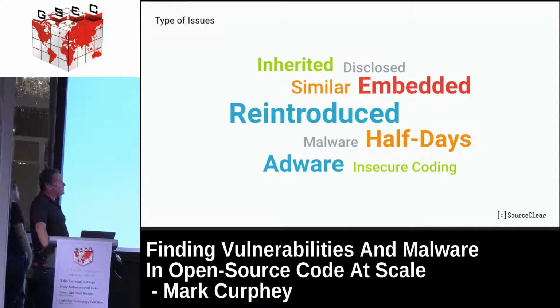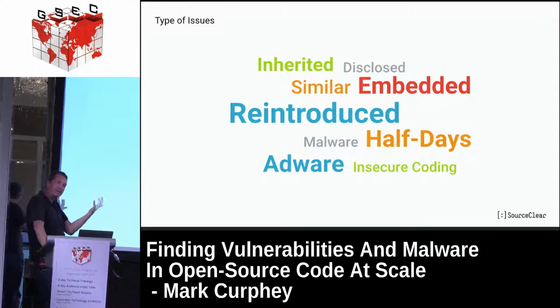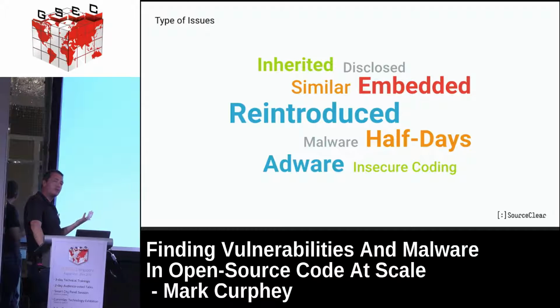Obviously, with the disclosed issues, there are a set of similar issues. You can extract patterns out of these. So we've looked at some of these vulnerabilities and we've said, hold on, that's just a common problem. Where else does that same problem occur? Pretty recently, there were about 300 CVEs that came in of basically Android apps that weren't validating SSL certs. Well, guess what? When you sweep across the rest of the ecosystem, there are loads of apps that do the same thing. So you can start looking at those.